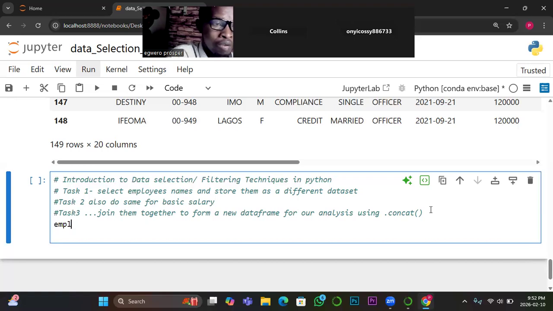I'll say employee equals to, then I'll call the name of the data set, and then use square brackets, and then use a string to quote or to call